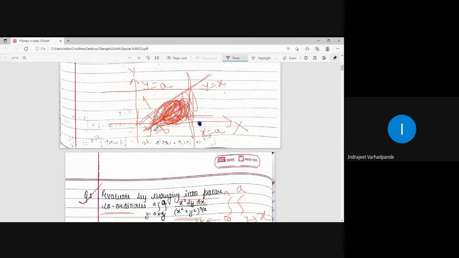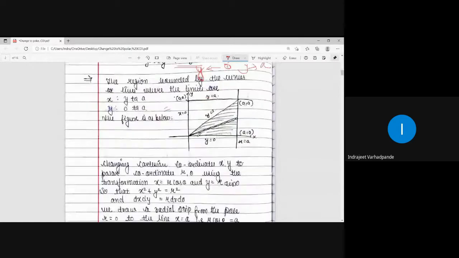So whenever there is confusion, whatever the lines or curves are, just draw the region bounded by them, and then accordingly club the points of intersection or the region where it is getting merged or overlapped. That will be our region to be identified. So from the figure, this is line y equal to 0, this is line x equal to a, this is line y equal to a, this is line y is equal to x. The region which is bounded by all these lines and curves is this.